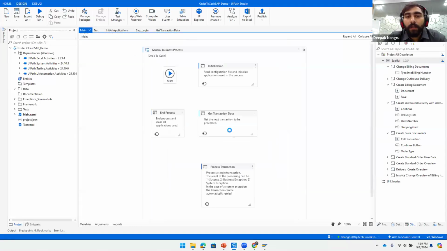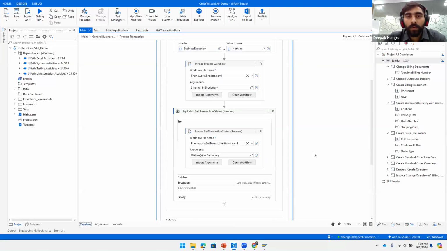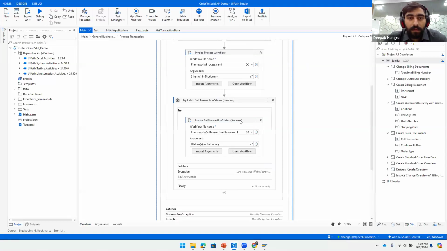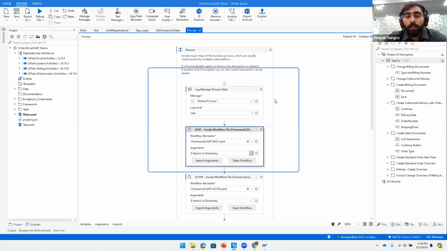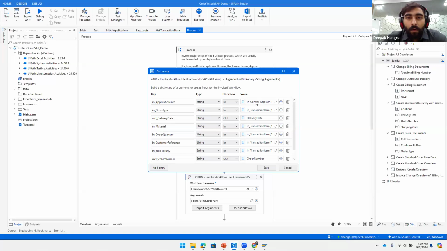Then coming to the main part, which is process transaction. In this, we'll go to the process workflow, and you will notice there are different workflows that I have created. And let's just say that this is VA01 to create order that we just directly did right now in the test sequence. So this is a process, and in this, all the values that I have to enter into that workflow are directly coming from the arguments. Let me show you the arguments as well. So you'll see all things are coming either from config or from the transaction item, the data